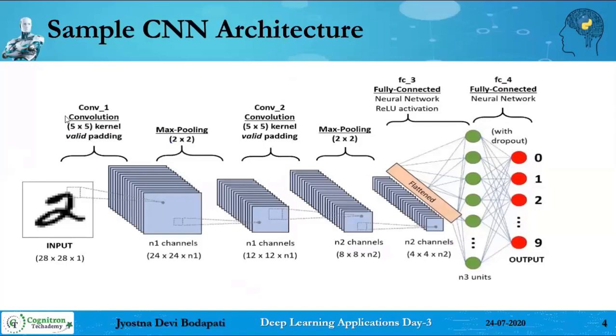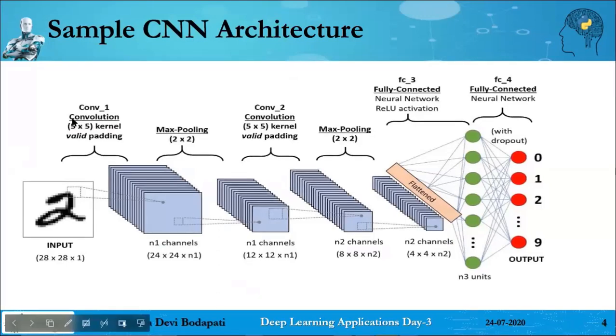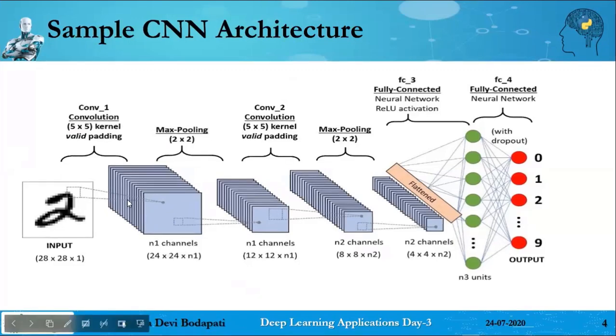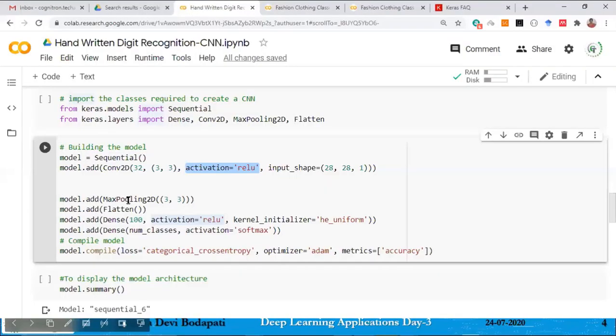So here, if you observe, the convolution block contains the convolution operation and the max pooling operation. And the convolution operation itself contains two things: the convolution operation and the nonlinear activation function. That is how the convolution layer will receive all the parameters related to your convolution and also related to your activation function. So that is how we are passing the activation. What is the type of activation you are going to use? That you are also informing here. This is the information related to your convolution.